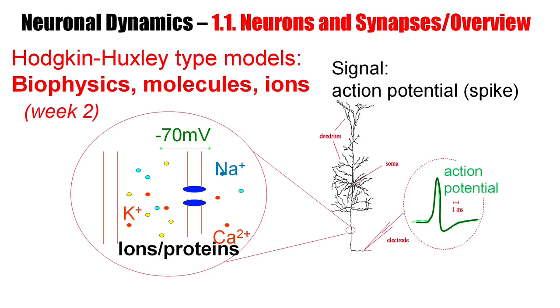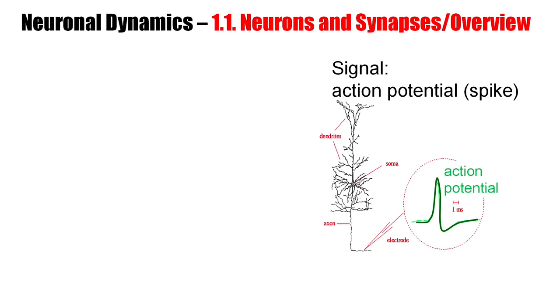Now, these models are rather complicated. They describe the biophysics. In the week after week 2, we will try to reduce the complexity of the description and we'll talk about simplified model types. Now, a particularly simple model is a model where we say, well, we don't really care about the biophysical